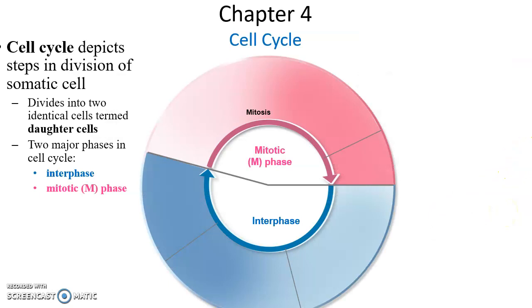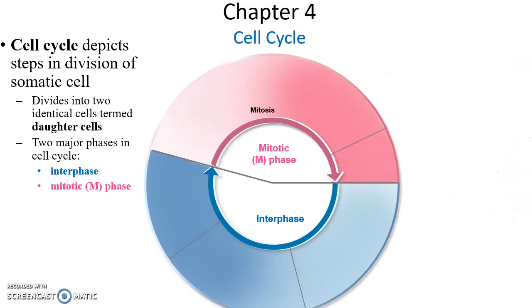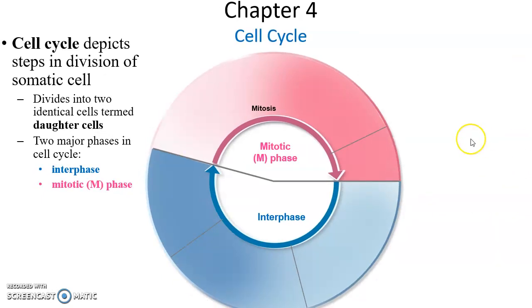Cell cycle. The cell cycle is basically the various processes the cell undergoes during its life that often includes cell division. So we have the interphase state, which is what the cell goes through most of the time as it's living its life, and then the mitosis phase, the mitotic phase, when it's undergoing mitosis.